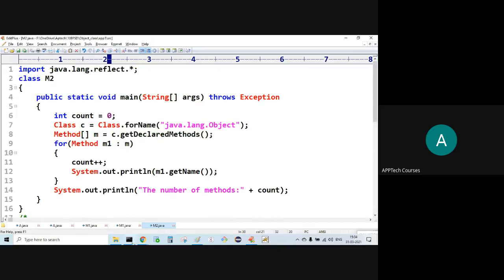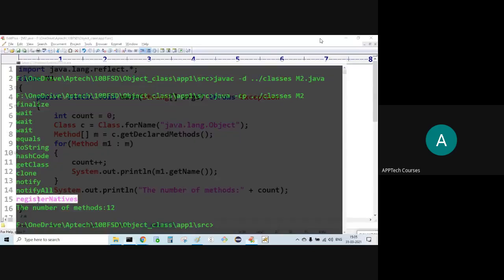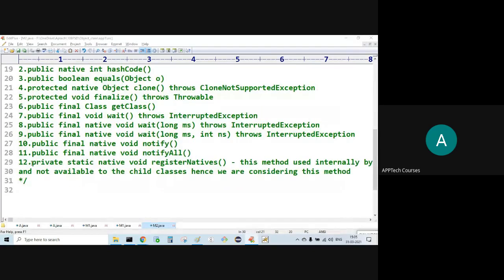Totally 12 methods. 11 methods are usable for users. We can use 11 methods, but the 12th one we cannot use. registerNatives we cannot use. Why? Because that is private.